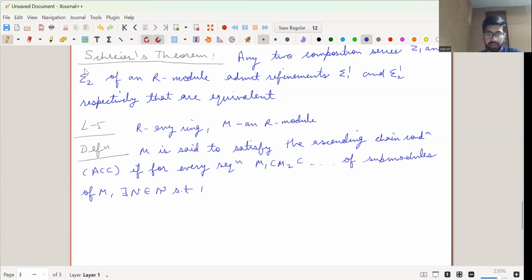Terminates means after this natural number n, everything is the same. Okay,